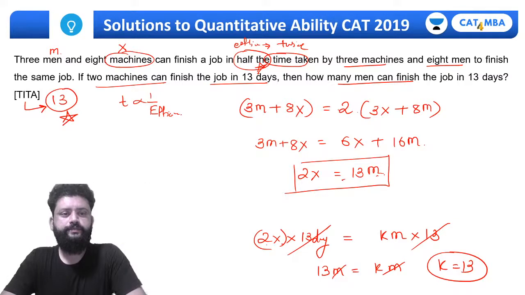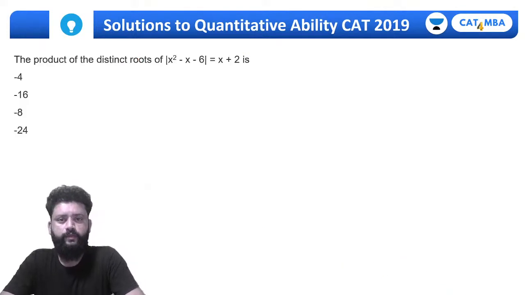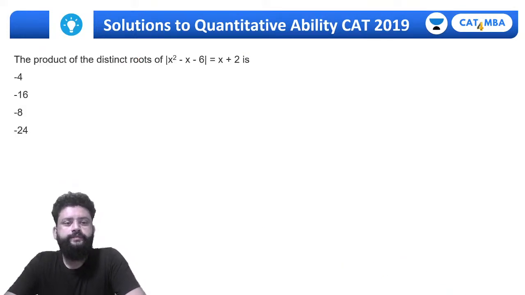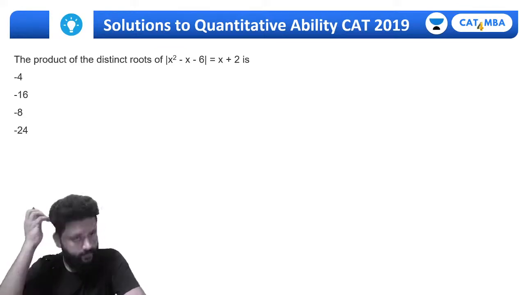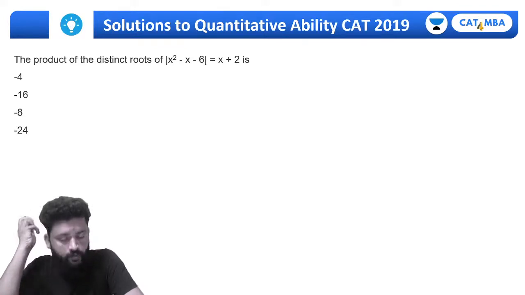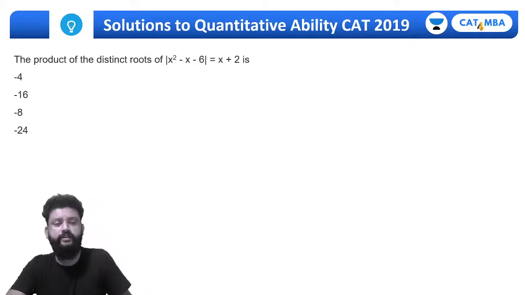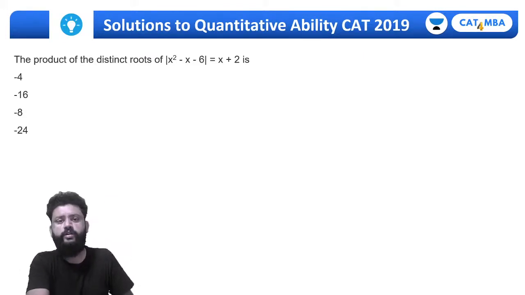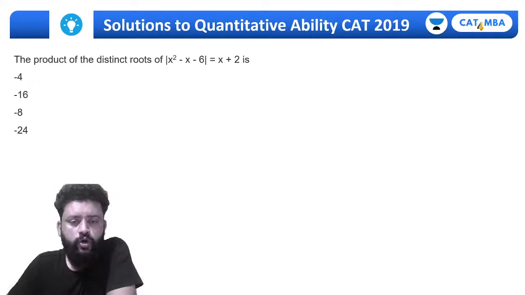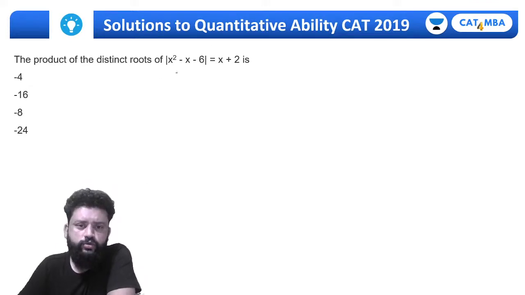Let's move to the next one. The product of the distinct roots of x square minus x minus 6 equal to x plus 2. We'll try to find the different roots here. Again modulus has come here, so if I remove the mod there will be two cases. The first one,